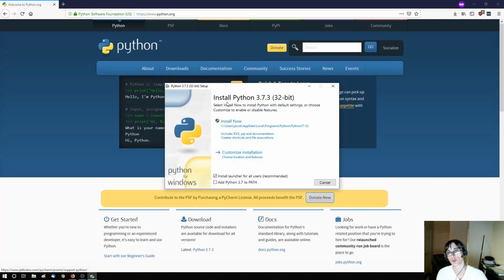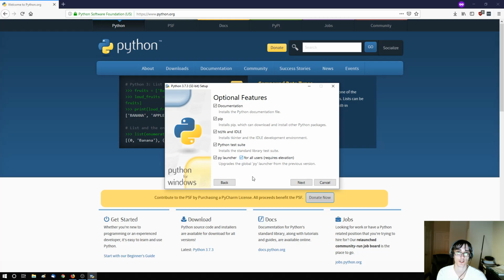So you can install it in sort of the default setting, but I'm going to go through some customized options. I wanted to add Python to the path, and that's important for letting us use command line Python stuff later. I'm going to customize the installation a little bit, double check things. So it's important that you have pip installed. That's going to be necessary for